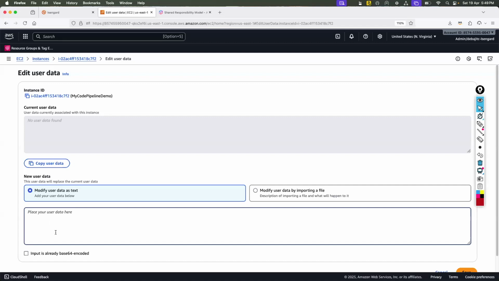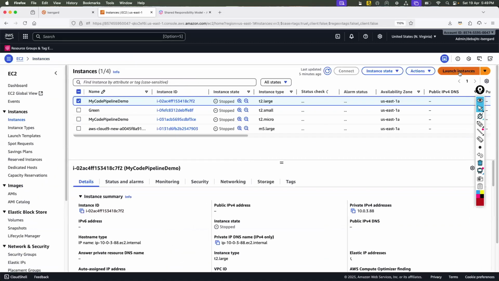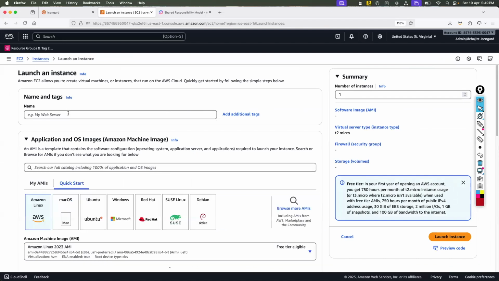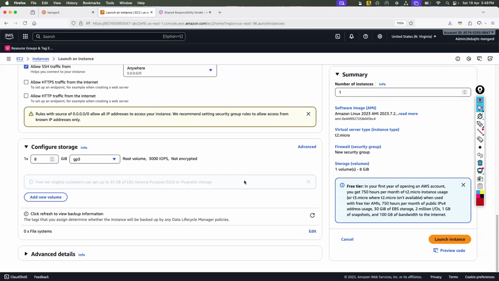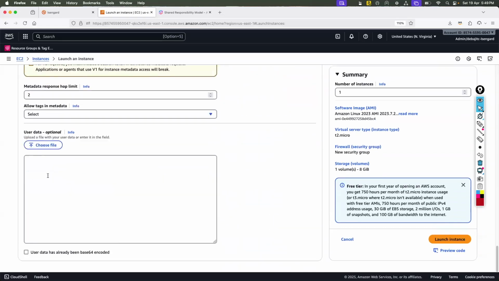Yes, sir. So you may edit these options, but if you remember, when we launch any instance, this option was also there and we didn't discuss it. Let's say I'm going to launch a brand new server, and I scroll down, click on Advanced, and again down.